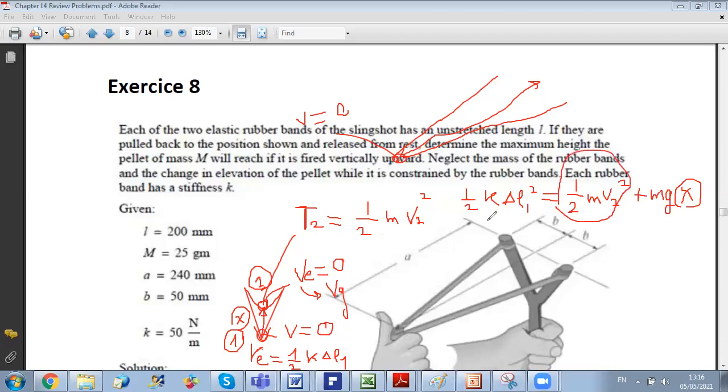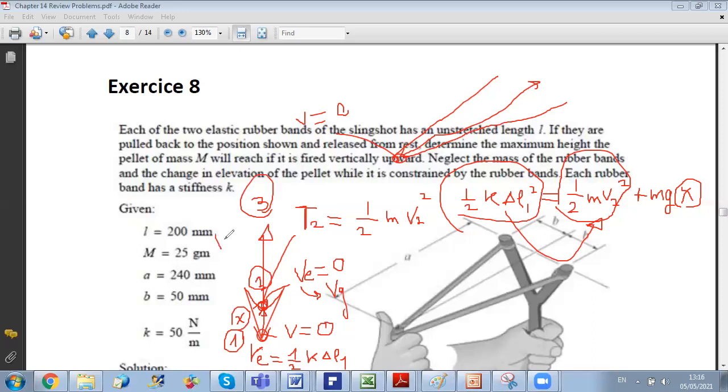Mainly at the initial stage, all the potential energy of the rubber will be converted to elastic energy and then to kinetic energy. Once we reach position 2, the spring is unstretched and no longer has an effect. From 2 to 3, what will happen? The mass will move upward, and as it is